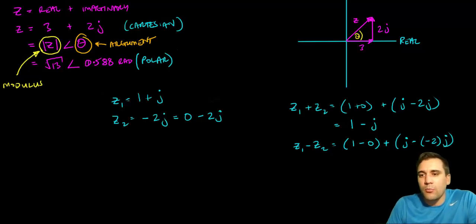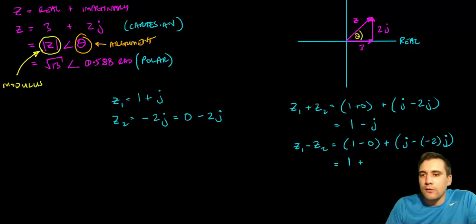Now, don't get stuffed up by the signs. It's so easy to stuff up signs when you're doing things. Most of the errors I make are arithmetic ones. Get the hard stuff right and then stuff up the arithmetic along the way, and you end up with a bodgy answer. Anyway, we'll end up with 1 minus 0 is 1, so a real component of 1, plus j minus